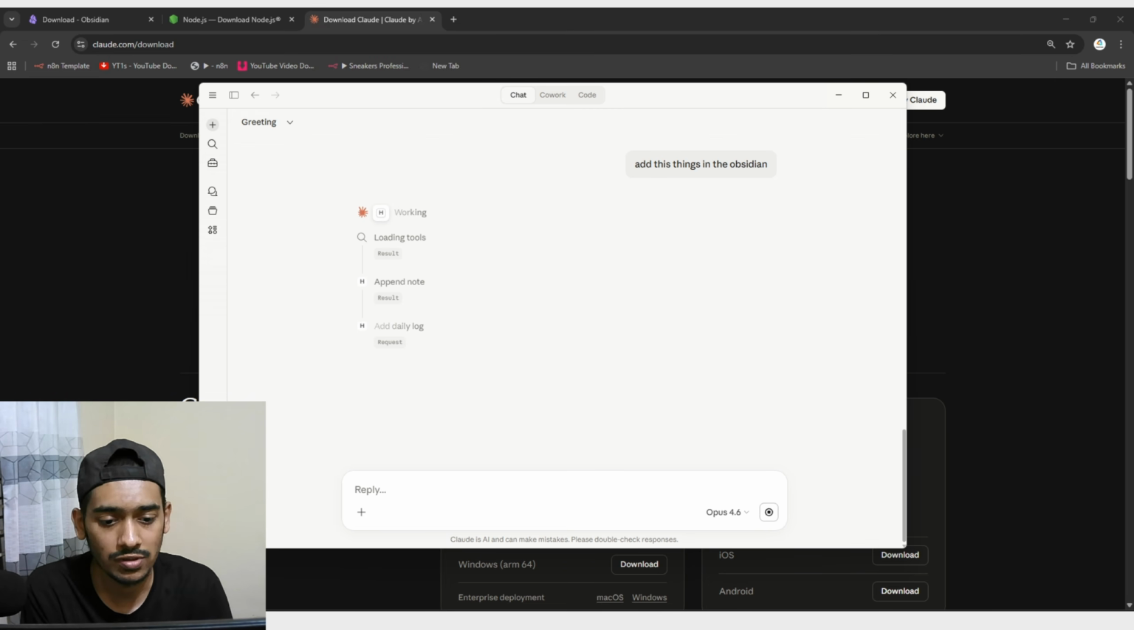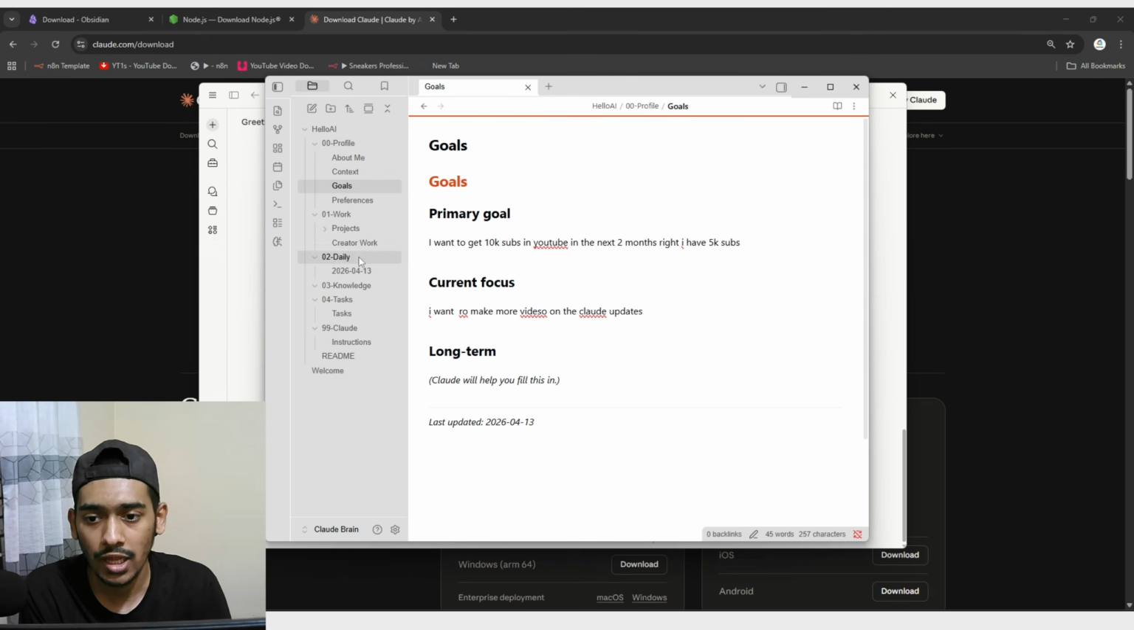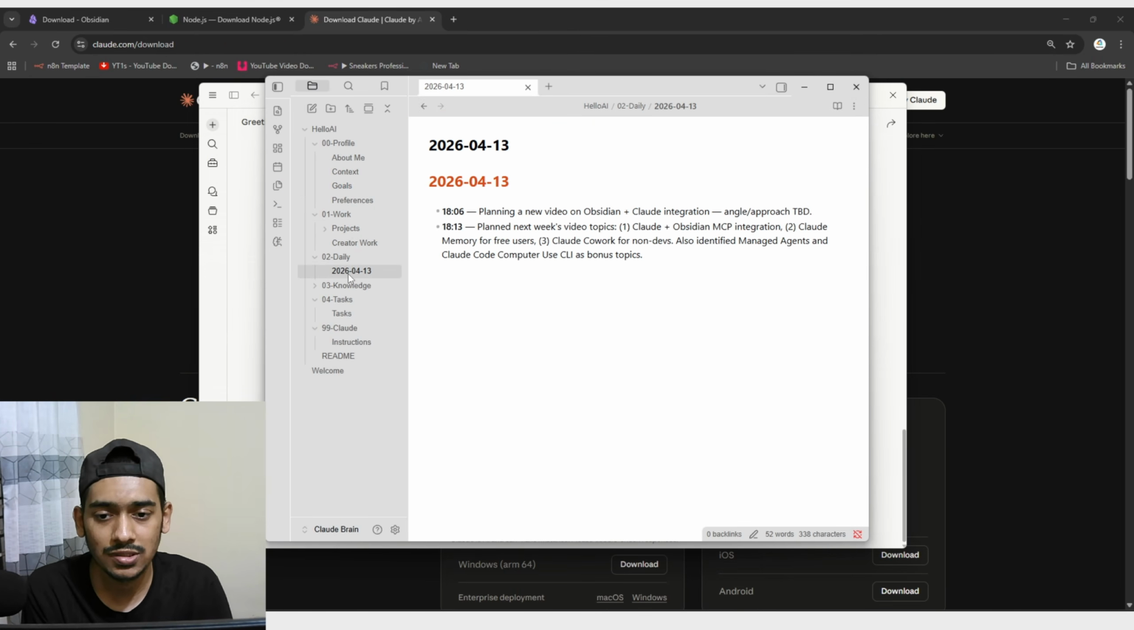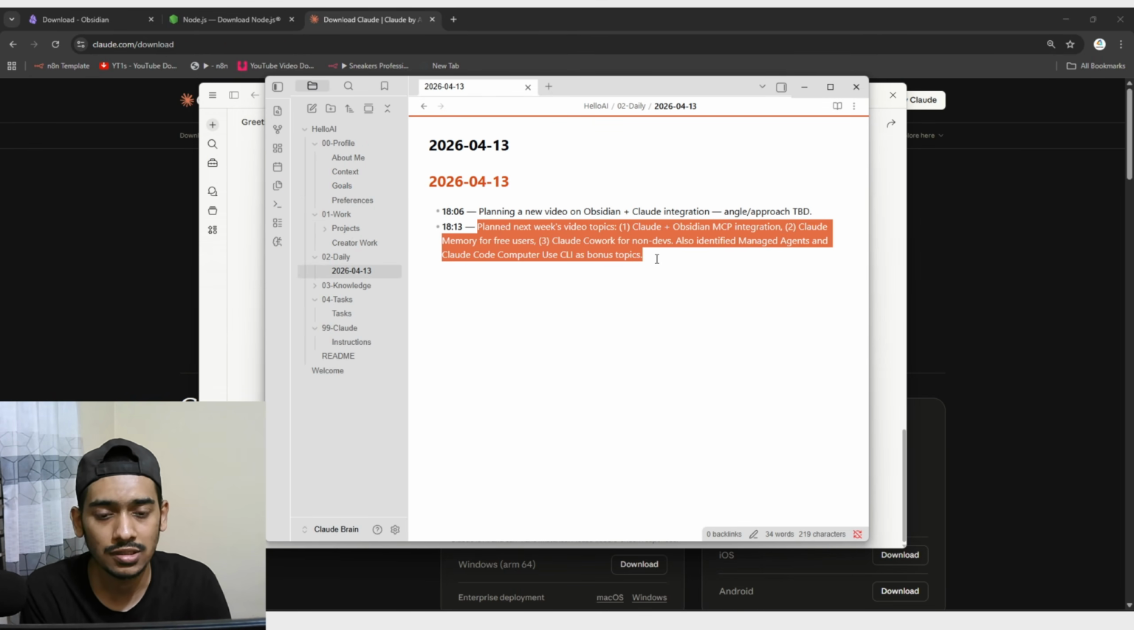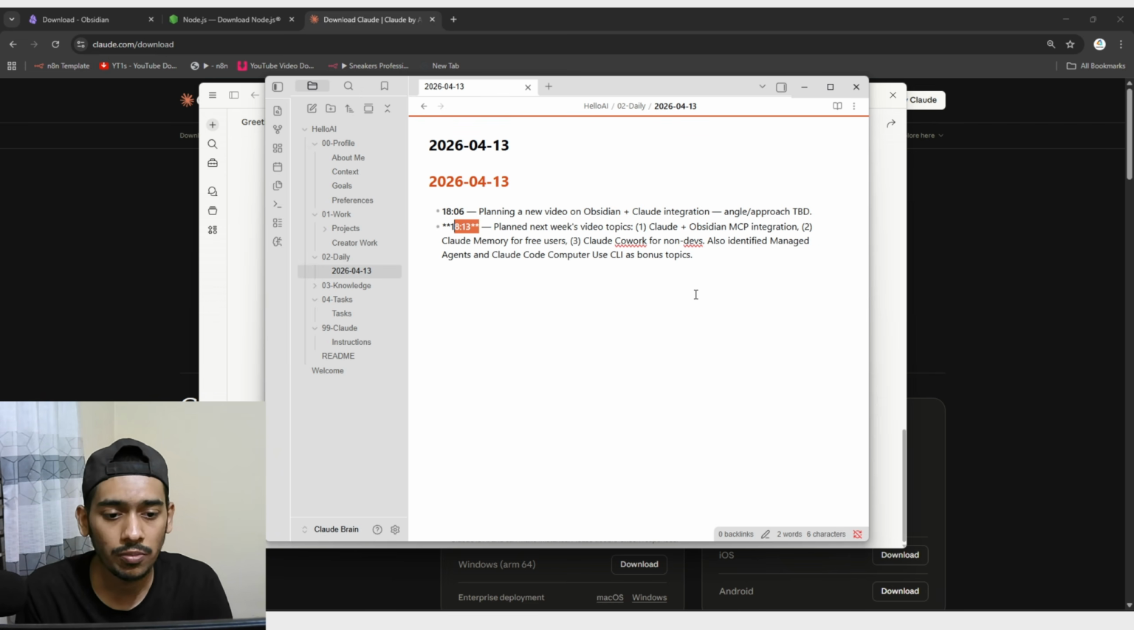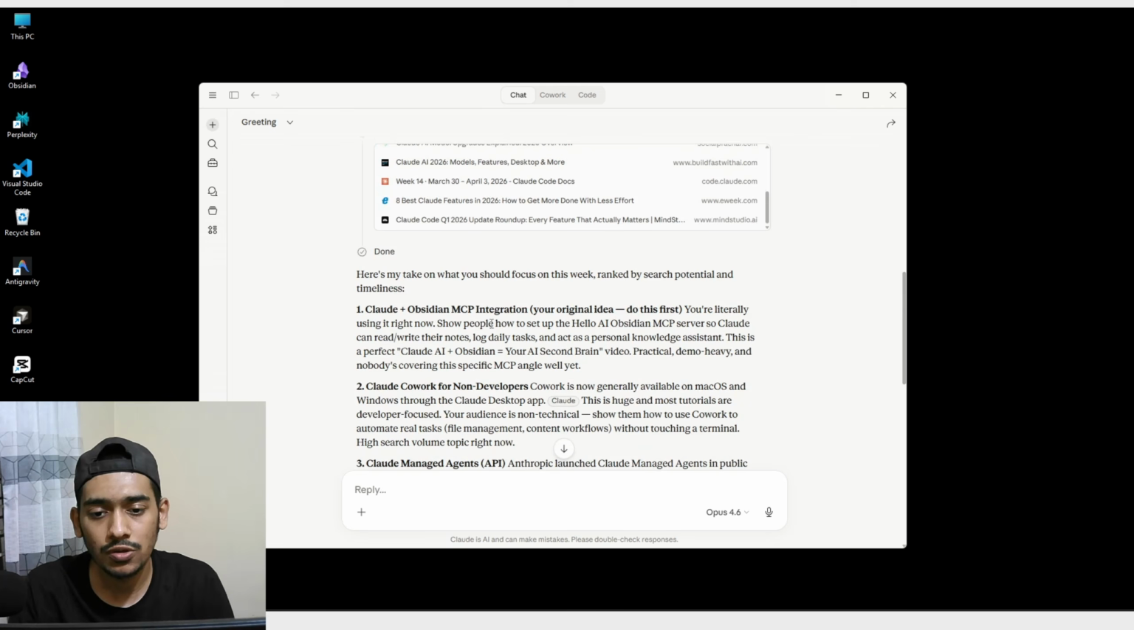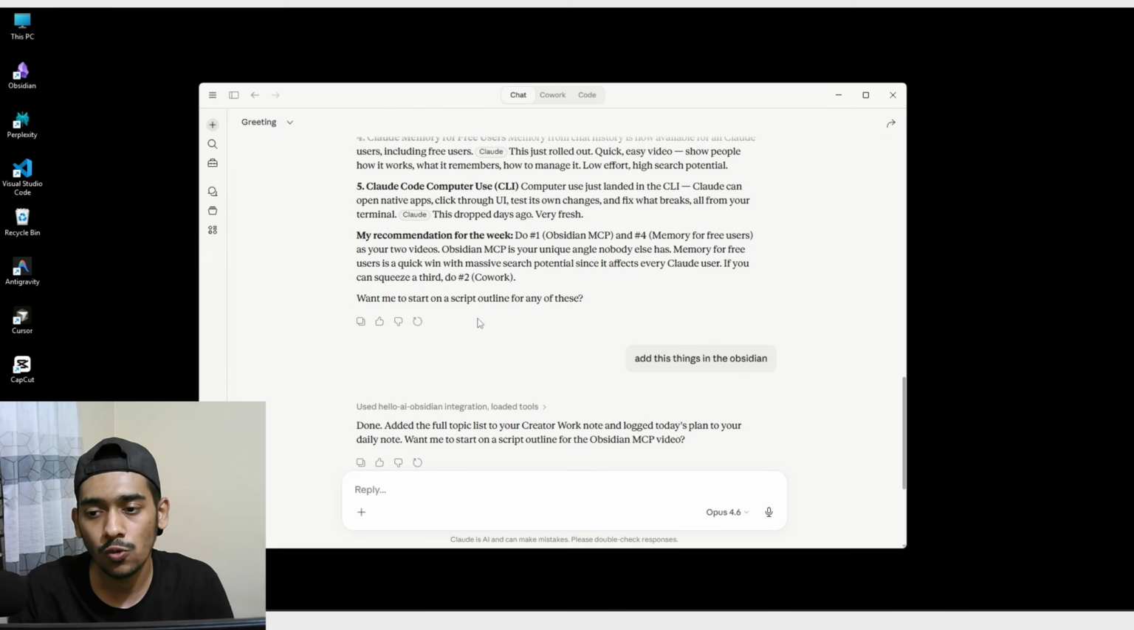the Obsidian. If I just open my Obsidian right now, and go to the daily works, you can see that it just added these things because I told it to add them. And there's the time in here, which time, what topic I talked about, so that's what it's showing here. So yeah, the thing is, when actually using the Claude desktop application, and if you want to use